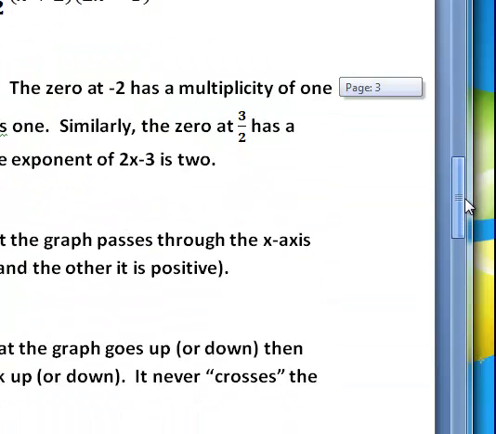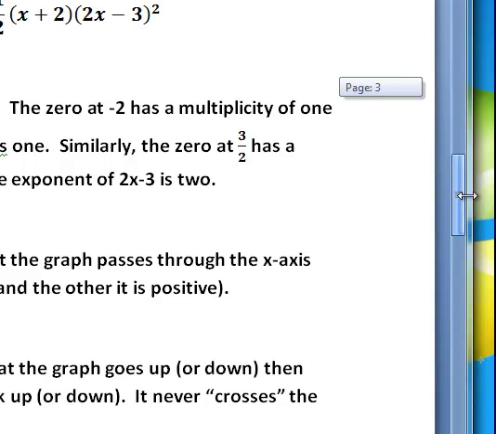Let's talk about zeros and their multiplicity. We know that zeros are basically where the graph crosses the x-axis. They're the roots of a function. And I give you a function like this: f of x is 1/2 times (x plus 2) times (2x minus 3) squared. If I were to multiply this out, this actually would wind up being a cubic function